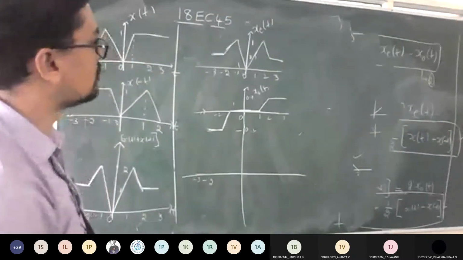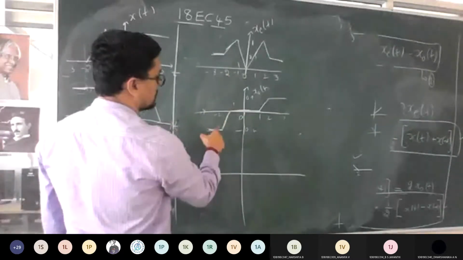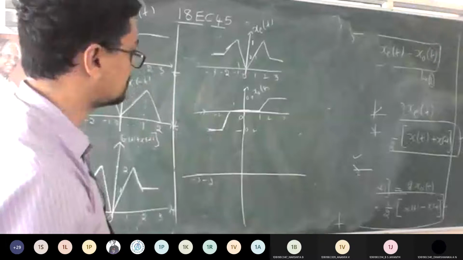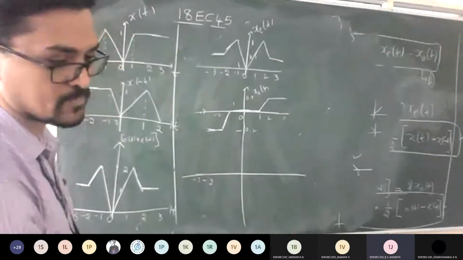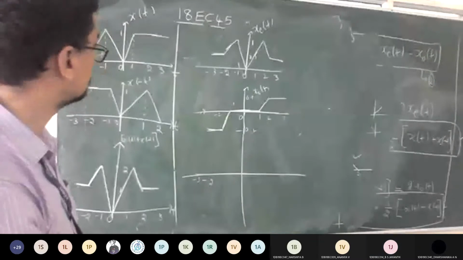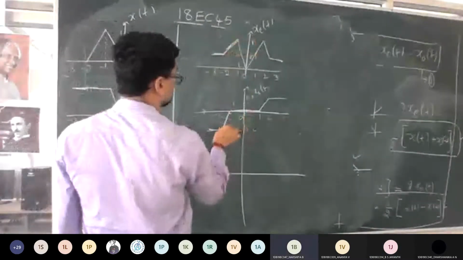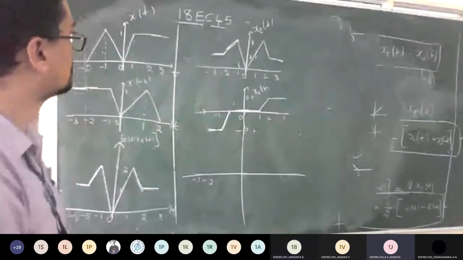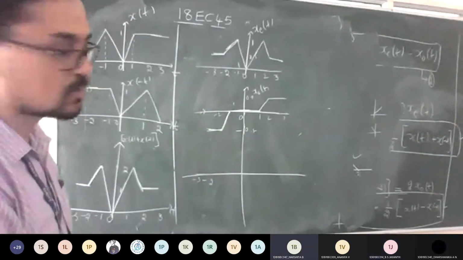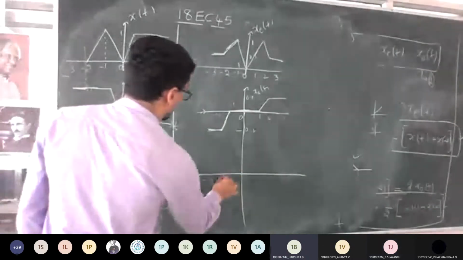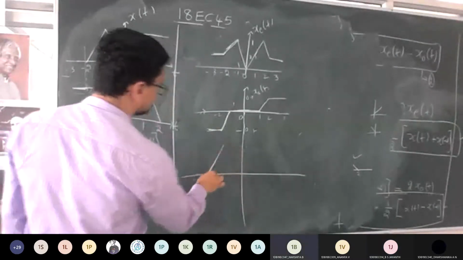Next, minus 2 to minus 1. Minus 2 to minus 1 increasing, what is happening here? Is it constant? Yeah, increasing. Both, where do the increase and drop happen? Yes, sir. What is the amplitude now? 1. So from minus 2 to minus 1 your amplitude is 1, it is increasing.